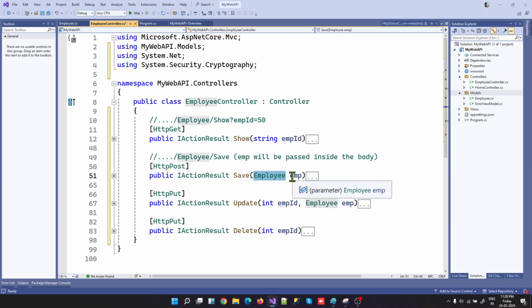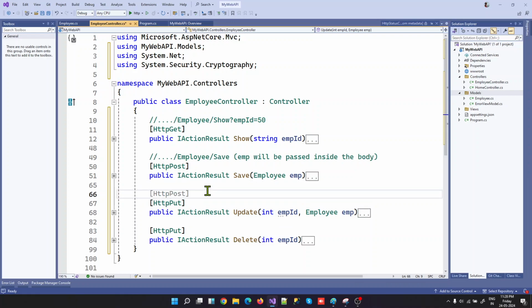Okay, so employee EMP, that should be working. And so that means this data needs to be passed as a part of the payload. That should be passed inside the body, whereas this is the main URL. The PUT request, in the PUT we have this, so it will definitely start with the employee. Okay, and then update,